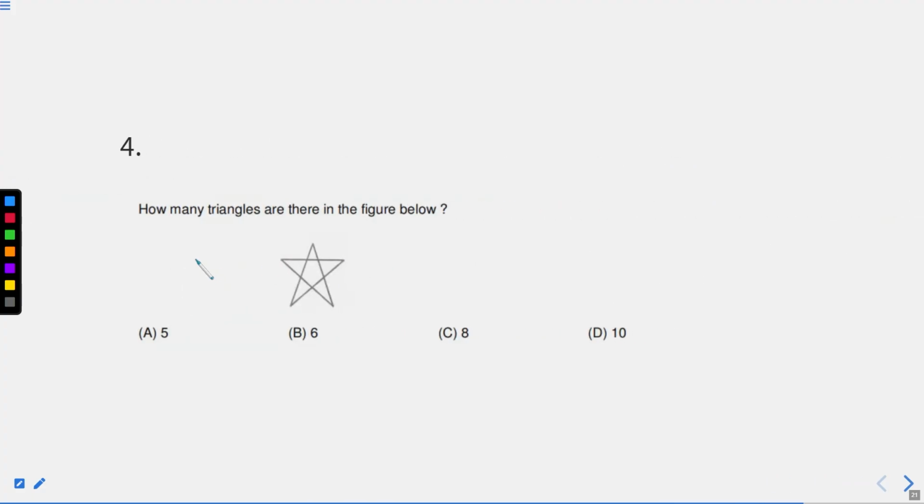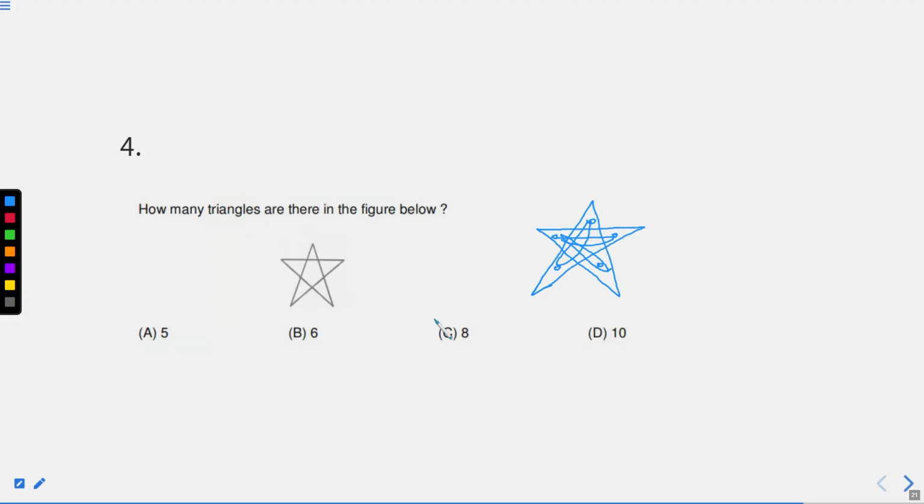Now the next question, how many triangles are present below? I am not explaining the concept again and again to you. What you are supposed to do is redraw the triangle by yourself, right? I have redrawn a triangle for you, like first, second, third, fourth, fifth, right? 6th using this, 7th using this, 8th using this. I am able to calculate 8 triangles, or you can calculate many more in this, right?